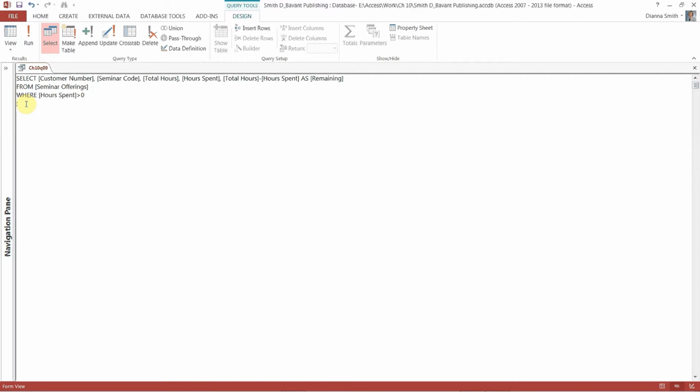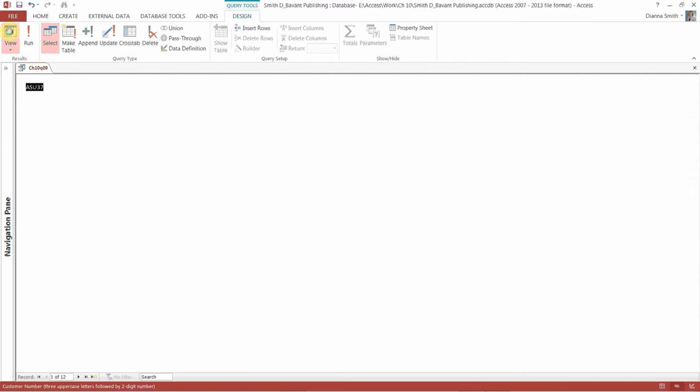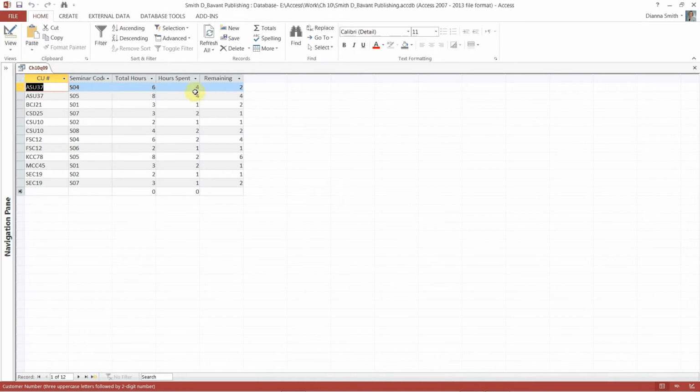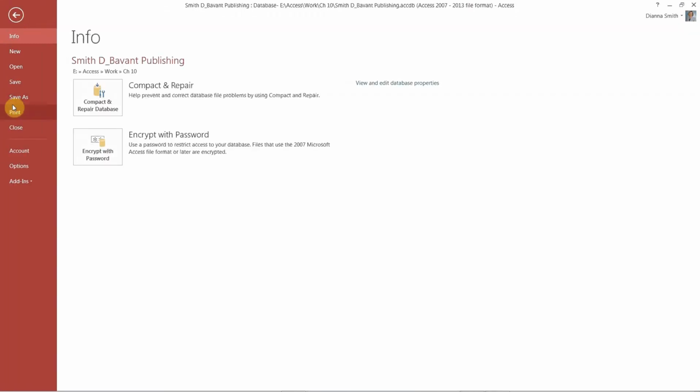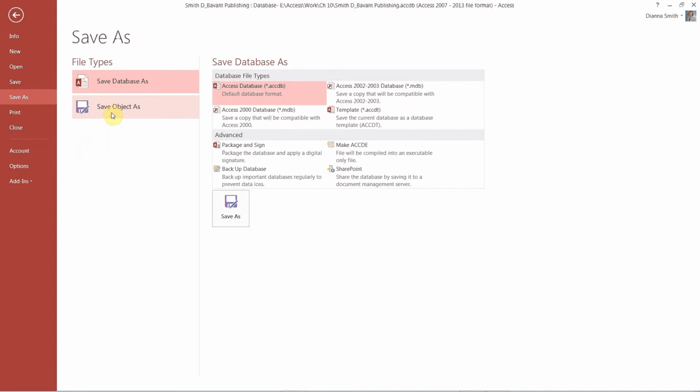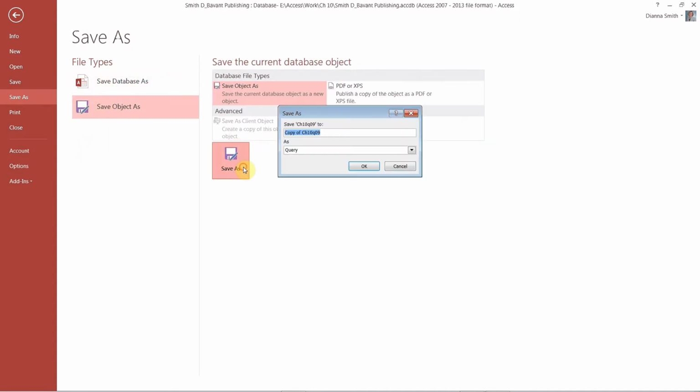And then we have our semicolon to end it, and we go to view. And so exciting, a very nice calculated field right there. Turned out great. So file, save as, save object as, save as, and this one is going to be copy of, or chapter 10, query 10,